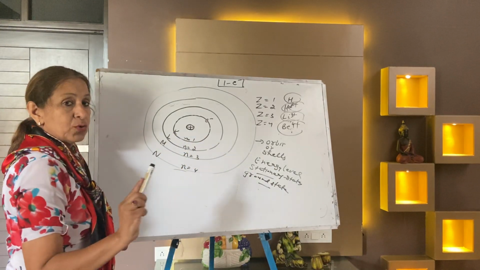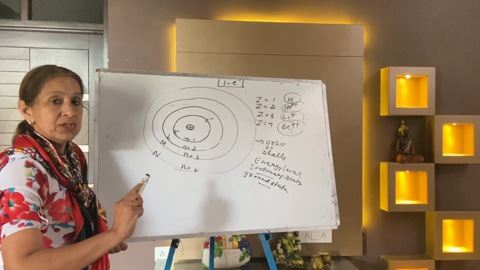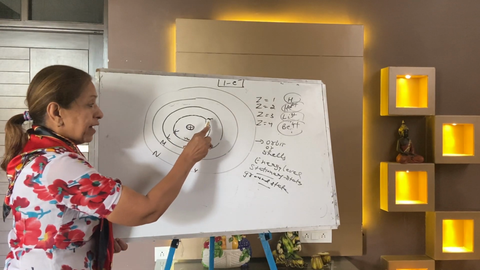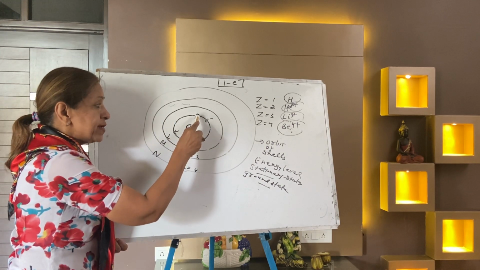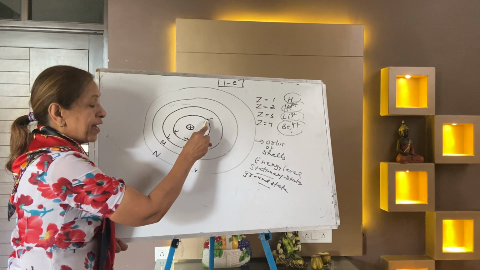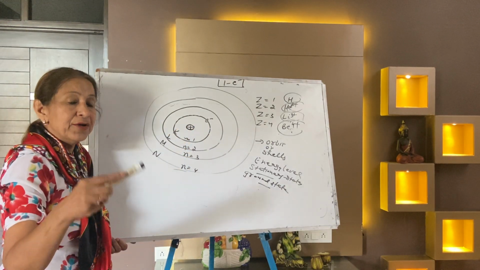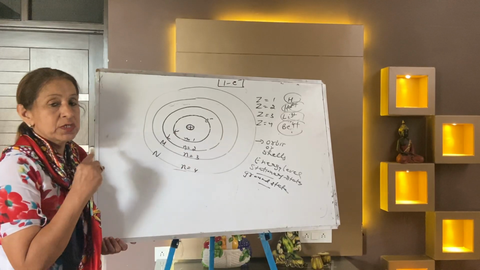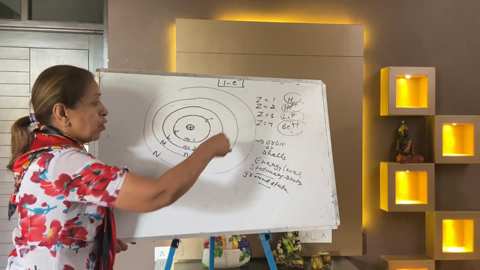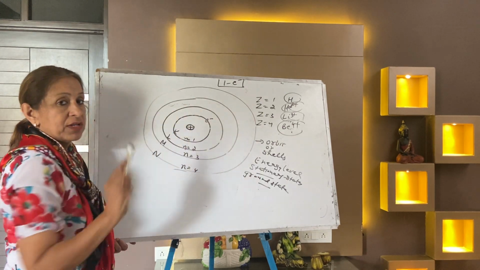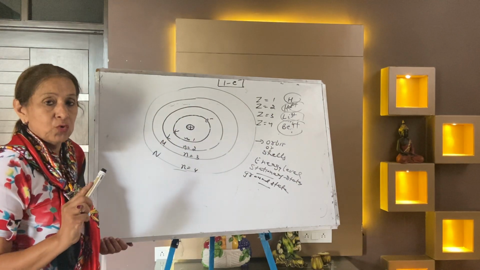that we will take in the next lecture. Today I will only explain how Bohr explains the stability of the atom. Because there is no lower orbit than n equal to 1, the electron cannot fall into the nucleus, as it fell into the nucleus in Rutherford's model. Because in Rutherford's model, there was no concept of orbit, no fixed orbits. Rutherford just said the electron revolves around the nucleus.